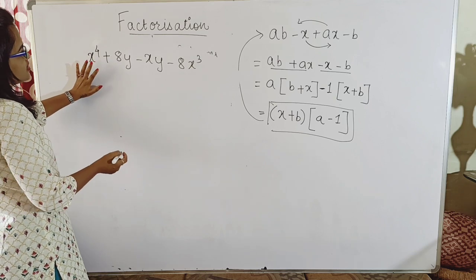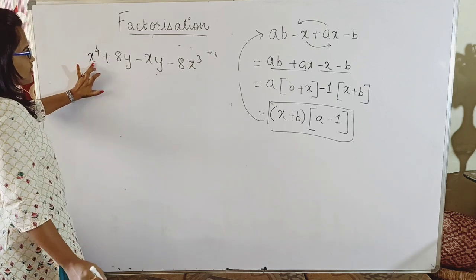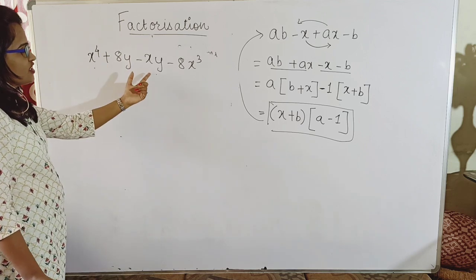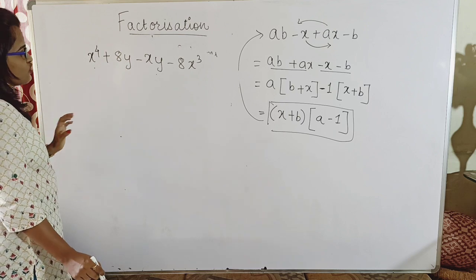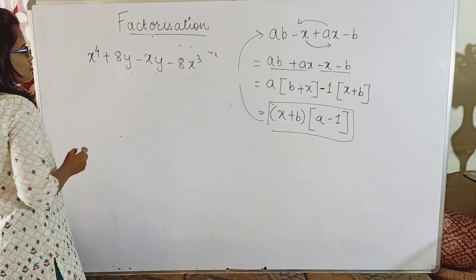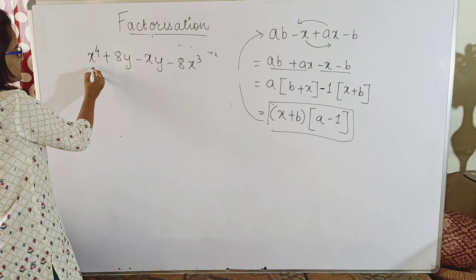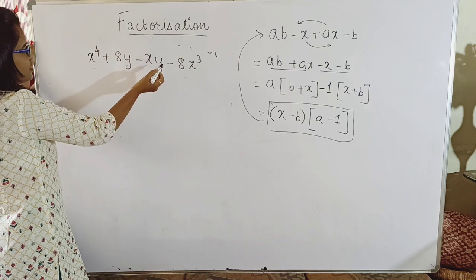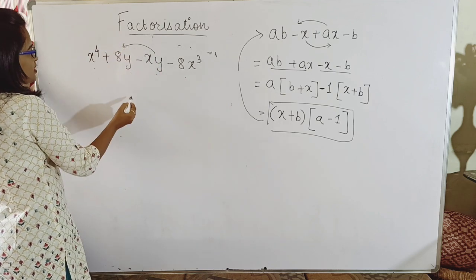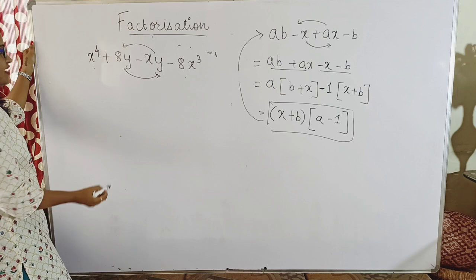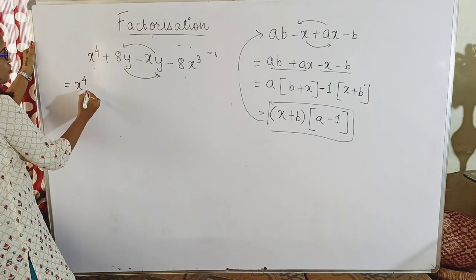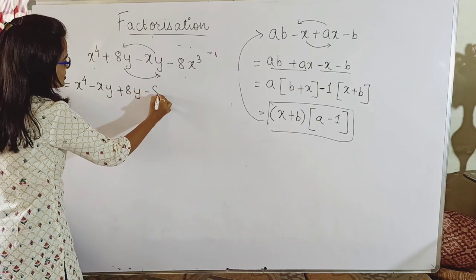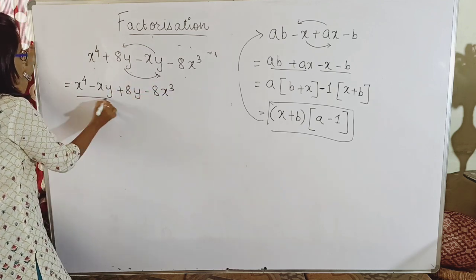How? Which two terms do you want together? What if I take these two terms together? Still, you can find something common. Here it is x raised to 4, here it is xy. So x I can get as common, and let us take these two terms together. Or you can take x raised to 4 and 8x cube, also common. Let us solve by both methods. In the first case, what am I doing? I will be taking xy at this place and 8y at that place. So which gives me x raised to 4 minus xy plus 8y minus 8x cube. What is common?